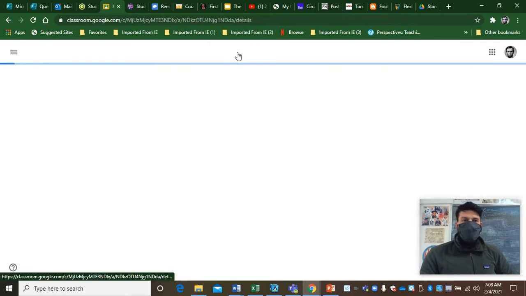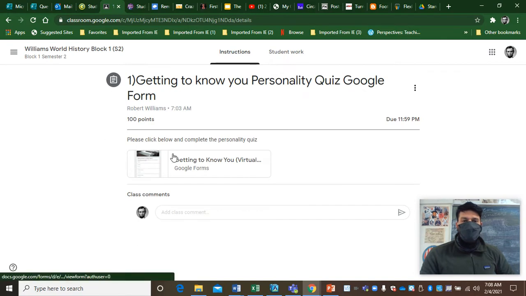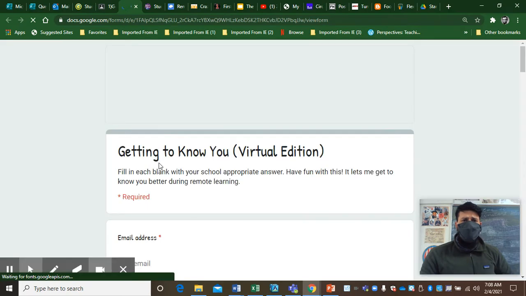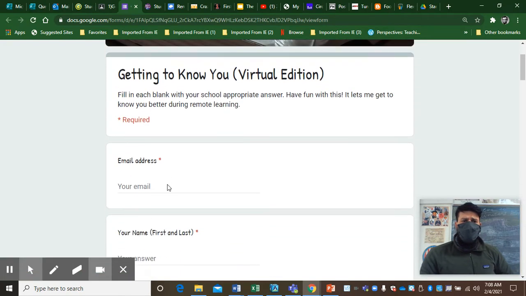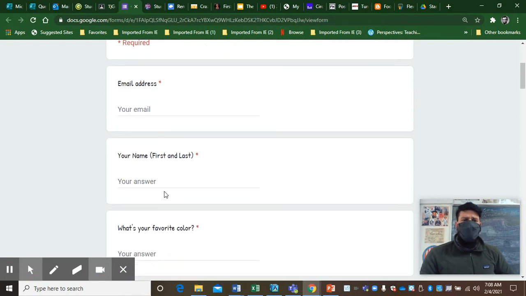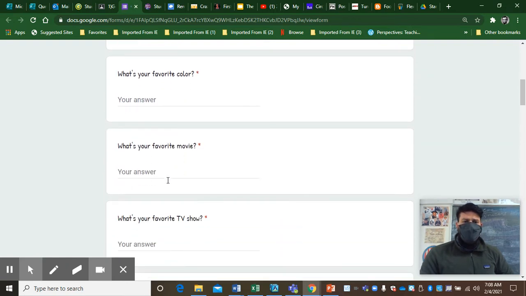If you're not familiar with Google Classroom, everything is pretty organized for you. You click on it, you have the instructions that pop up. You will not have this because I obviously have that. I'm the teacher. You'll click on the form, and once you click on the form, you're going to see that there's certain things that are required: your email address, your first and last name, and then I'm asking basic